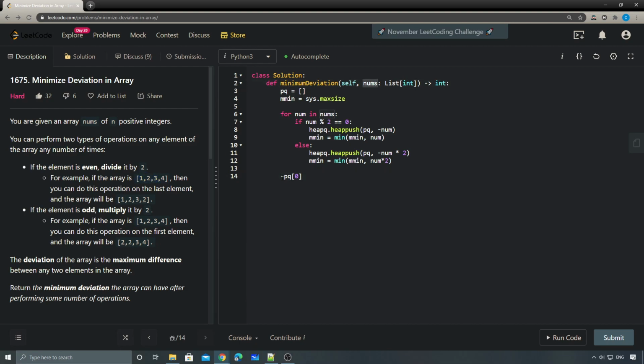And then all we need to do is try to decrease that number one by one. So I'm going to have answer equal to sys.maxsize,